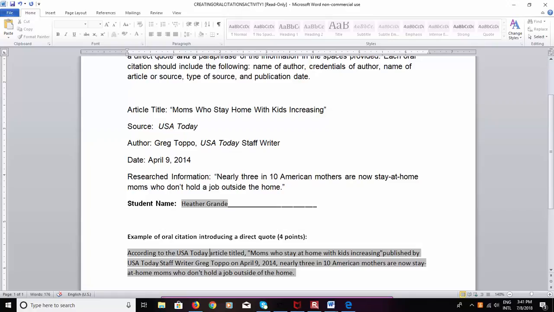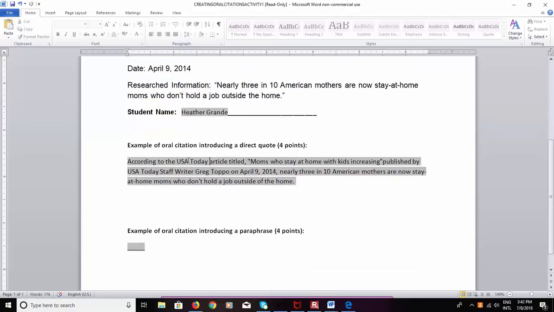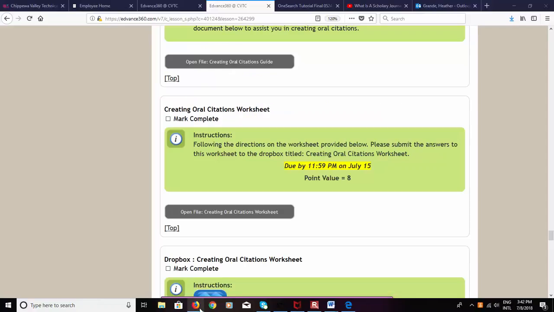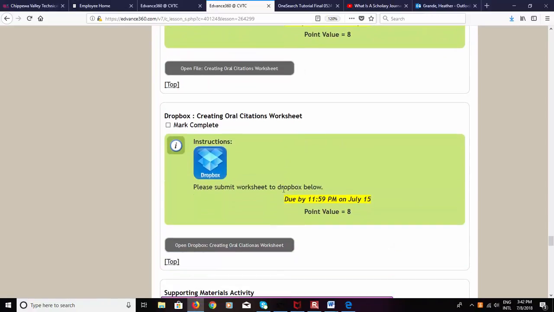So this may seem like a lot because whenever we're structuring and organizing and creating for the first time, it will feel like a lot. But you want to practice articulating your oral citations and making sure that they have the name of the author, the credentials of the author, name of the article or source, type of source, and publication date. So that one's done for you. And then you can create a paraphrase, and that's where you're going to take this information and say it in your own words. And then you'll save it to your USB or your computer and submit to the Dropbox by Sunday,